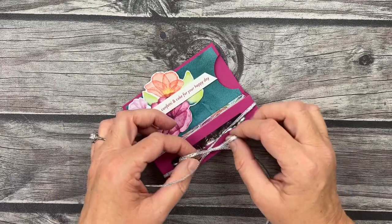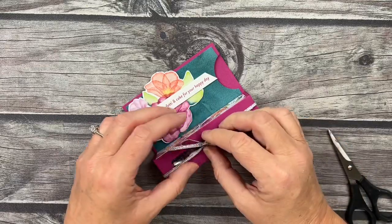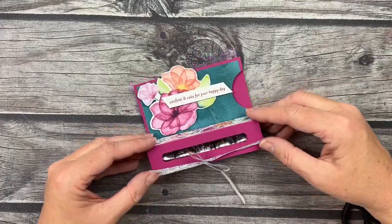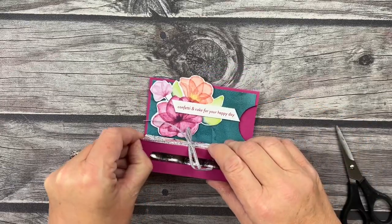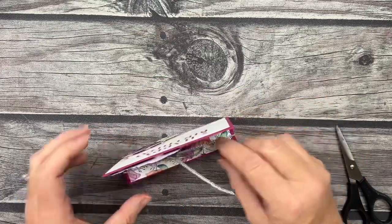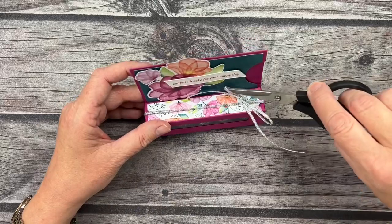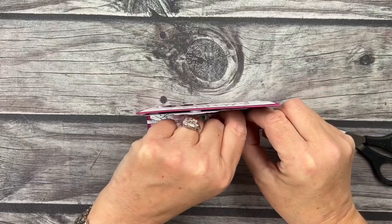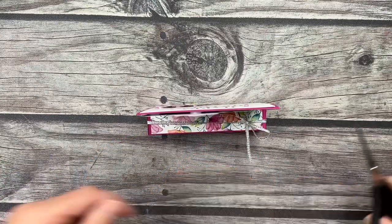Okay, so go ahead and get your bow tied. And what I would do is I would actually get it trimmed to however long you want it to be. And then I actually take it off and then wrap it back around my box with the bow on the top. Now I might swing that down to that side, just like that. Make that little bow look. This one's a little bit too long. There we go. And I'm going to trim my ends just a little bit,